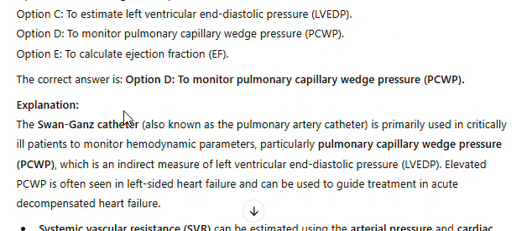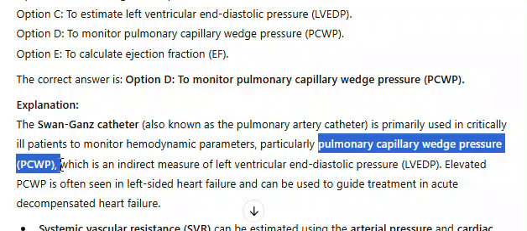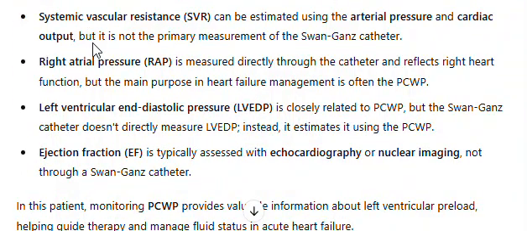The correct answer is option D, to monitor pulmonary capillary wedge pressure, PCWP. Explanation: the Swan Ganz catheter, also known as the pulmonary artery catheter, is primarily used in critically ill patients to monitor hemodynamic parameters, particularly pulmonary capillary wedge pressure, PCWP, which is an indirect measure of left ventricular end diastolic pressure, LVEDP. Elevated PCWP is often seen in left-sided heart failure and can be used to guide treatment in acute decompensated